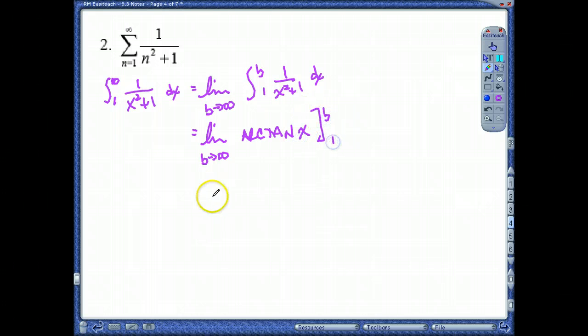Putting the b in, putting the 1 in. I've got the limit as b approaches infinity of arctan, and remember, arctan is the same thing as inverse tangent of b minus tan inverse of 1. Now, when you're looking at inverse tangent, remember